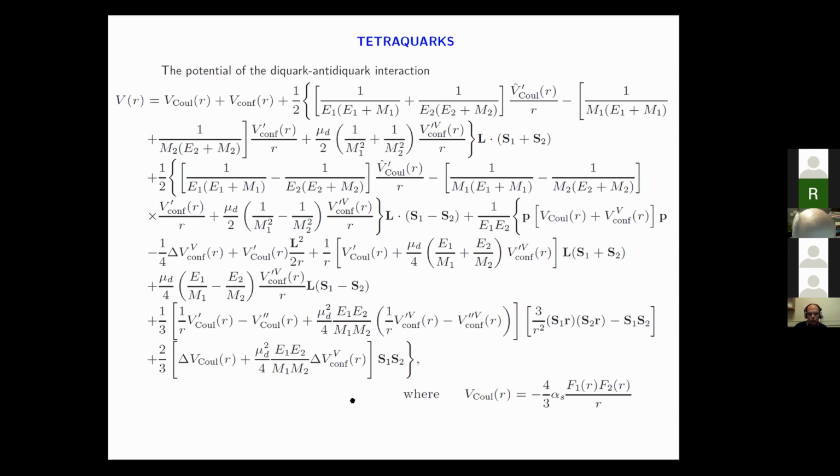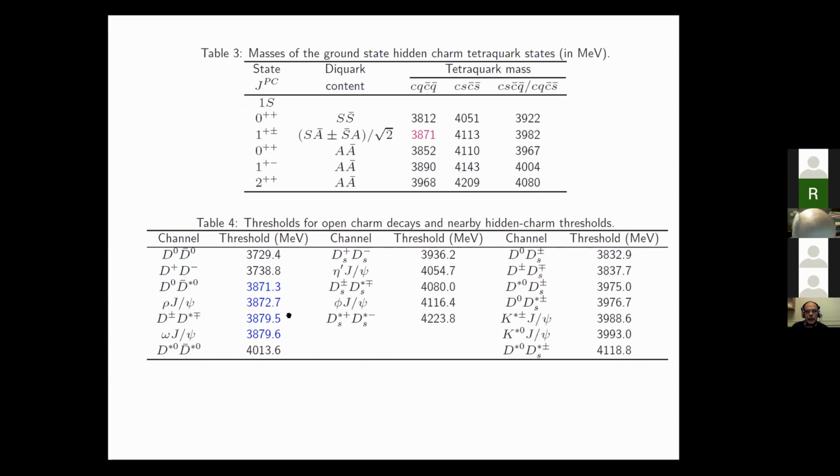And here it's important to show that this one gluon exchange interaction, which leads to the Coulomb potential, now contains additional form factors of the diquark and anti-diquark, which effectively take their sizes into account. Now we can substitute this quasipotential in the quasipotential equation and solve it numerically and obtain the masses